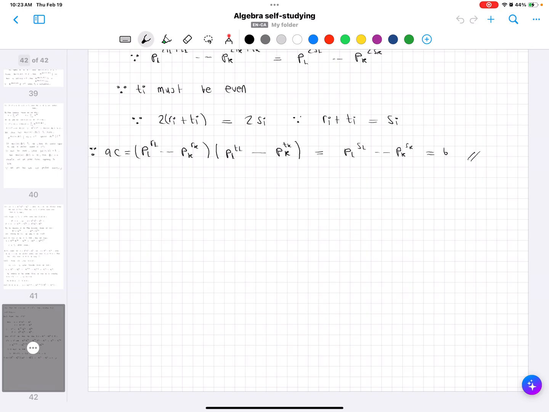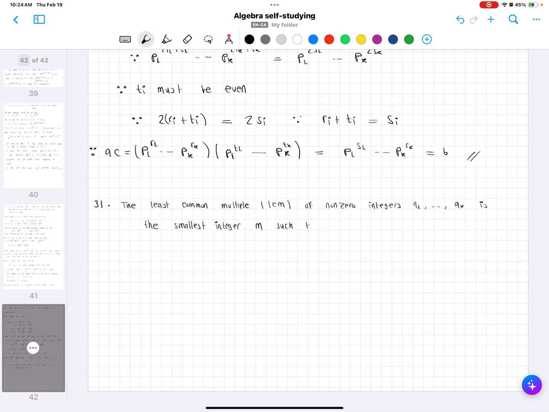So the least common multiple, which is LCM, of non-zero integers a1 to ak is the smallest integer m